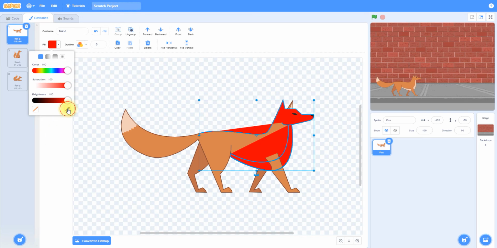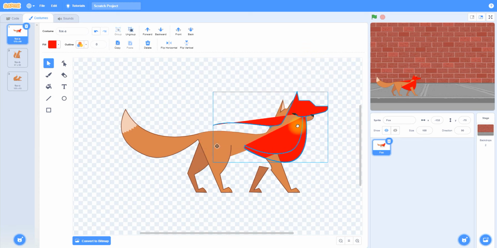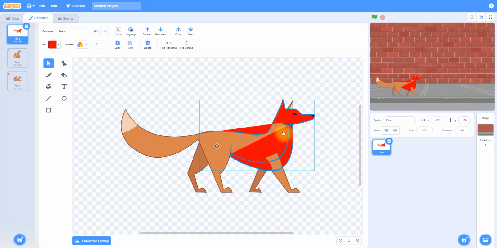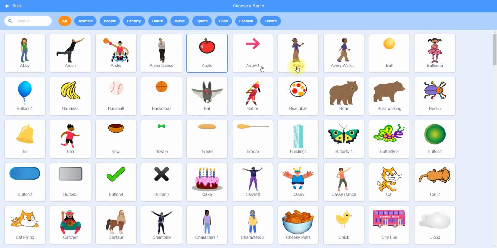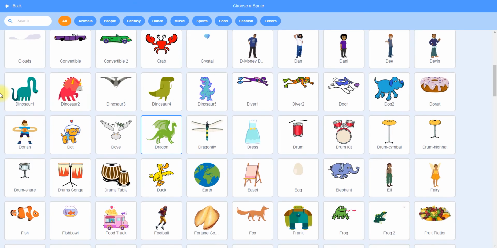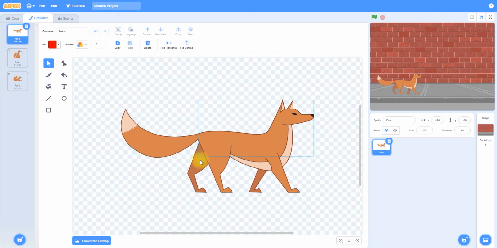Now I don't need this. I'll choose this. This is a sample which I showed. You can move this if you want. Now you want this, right? Here is the fox color. I'm removing him, and then I'm choosing the person. Now I'll choose the same one. I'm not going to customize this. I'll just show you.